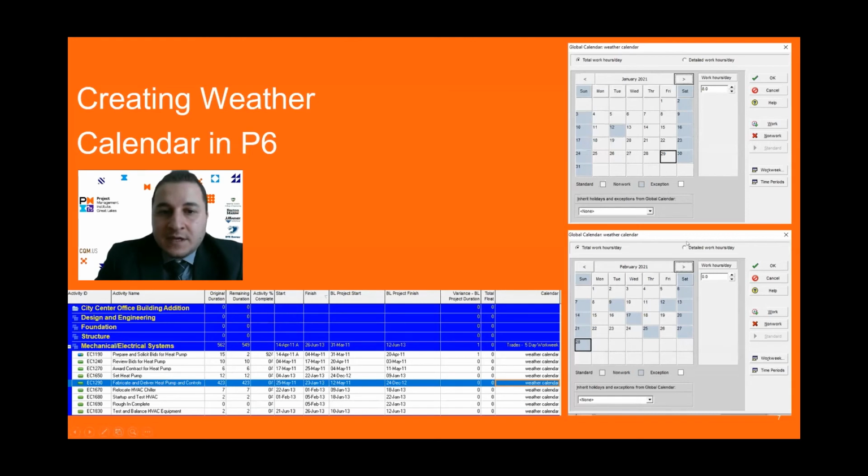After having all these working days, we build our weather calendars in P6. Then we go to the specific activities in P6 and assign these calendars. So we're not going to have only one. We're going to have one weather calendar for earthwork, one for the structural steel, and one for the overall. Each one is for its own criteria. When we add those to the activities, this is then calculated in the durations of the activities and